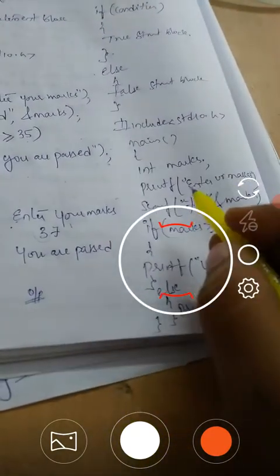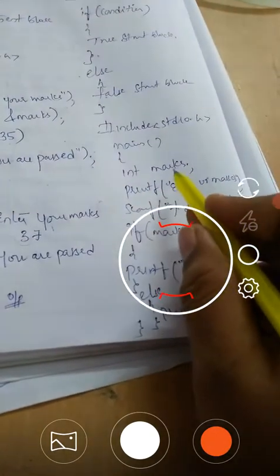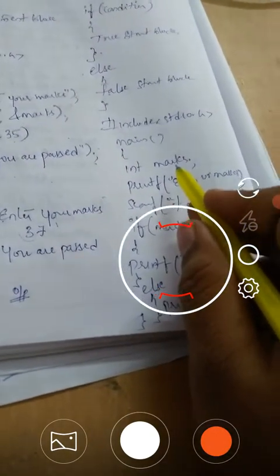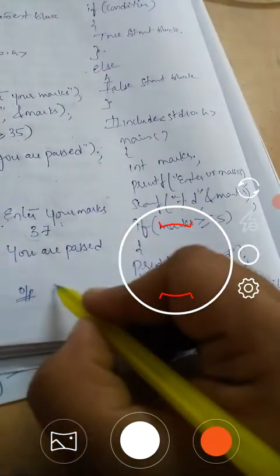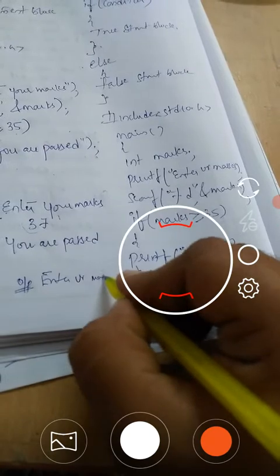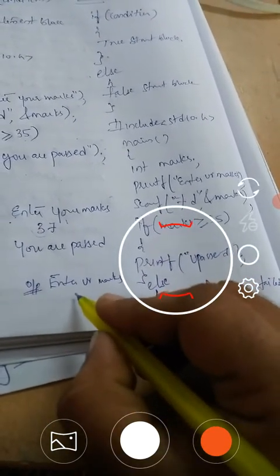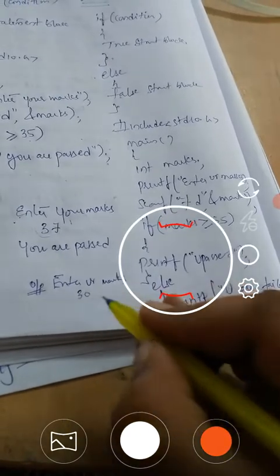Again, this marks is of integer data type, so this marks variable has 2 bytes of memory, and here enter your marks appears on the monitor. I'm entering 30 marks here.